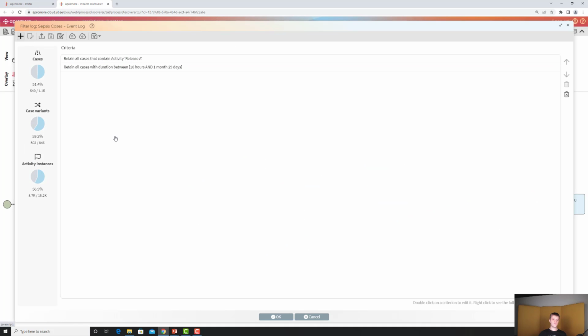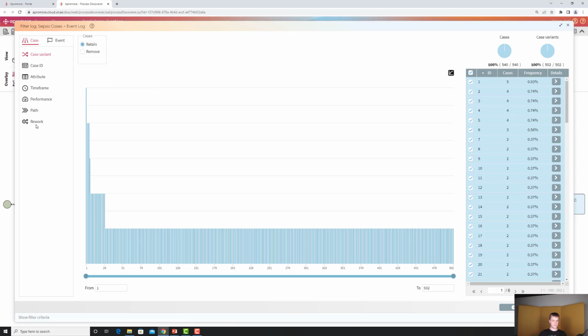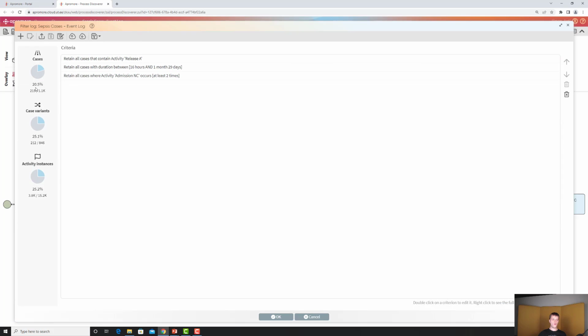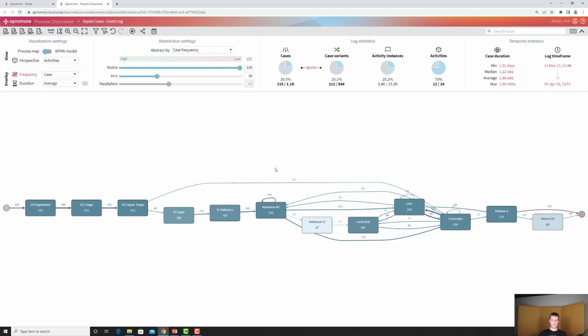Let's say that we are interested also in reworks or repetitions. Those we will find here under rework filters. And here we can see all the activities in our event log, and we can see the maximum values that those have. And let's say that we are interested only in cases where admission NC occurs 2 times or more, and we are going to retain those cases. Let's click OK, and now we are left only with 20.5% of all cases. Once we click OK, we can now see that the process map has become much simpler again,